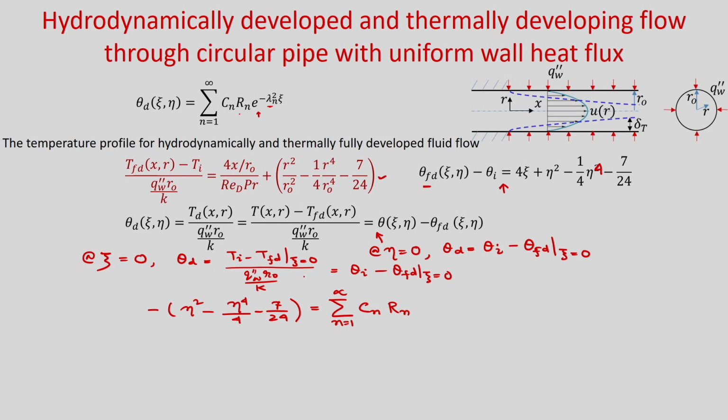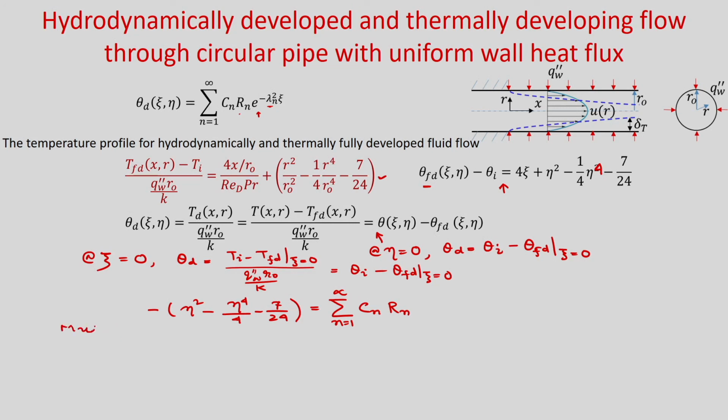So theta_d is this, and we can write e to the power minus lambda squared zeta. That means e to the power 0, it will be 1. So, C_n into R_n. Now we need to find the constant C_n. Now we will invoke the orthogonality condition that we discussed in the Sturm-Liouville equation. So what we will do now,